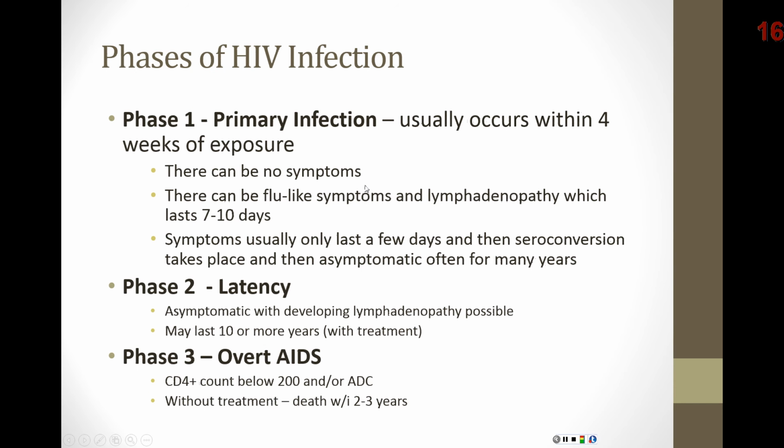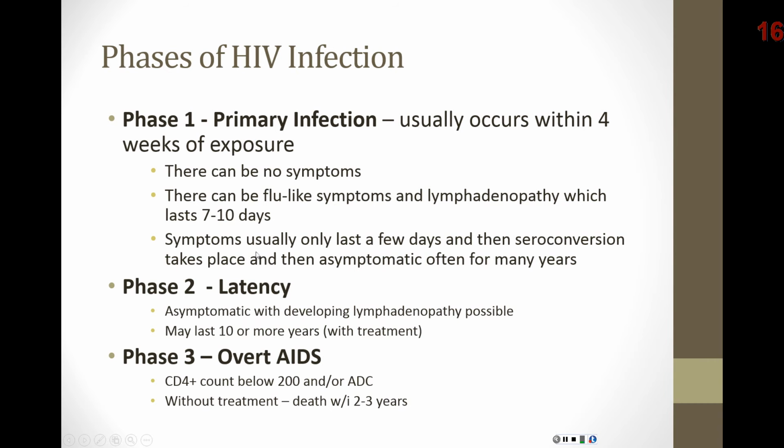The phases of the infection. Phase 1 is the primary infection. There can be no symptoms. There can be flu-like symptoms, enlarged lymph nodes, kind of a fever, and you feel kind of yucky. And then seroconversion takes place, and you start to produce antibodies to try and fight this infection. So usually within 4 weeks of exposure, there may be this or there may be nothing. But the seroconversion is beginning, hopefully, in many cases around that time, although it can take longer than 4 weeks